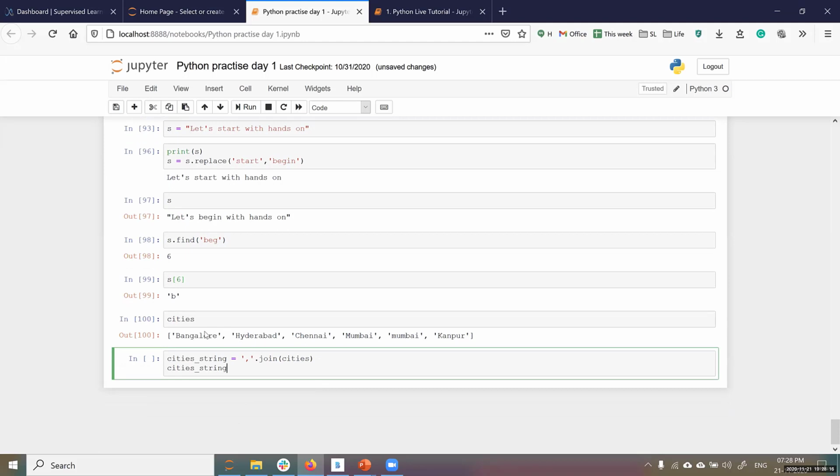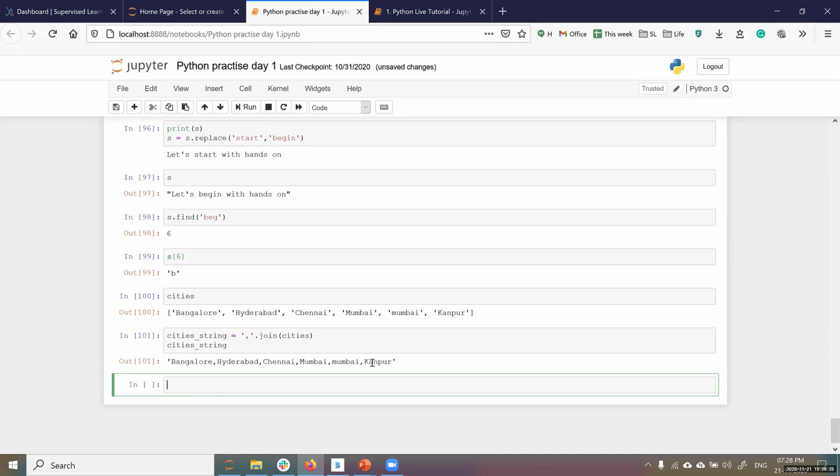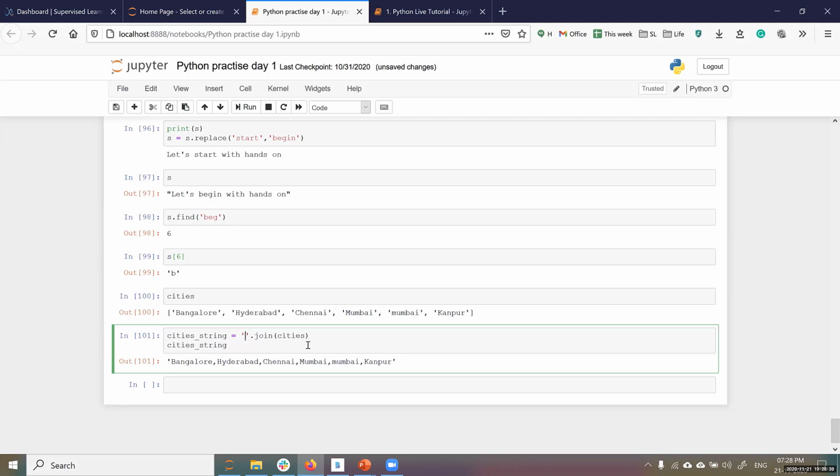What am I doing here? I'm taking each element and putting a comma and joining each of them into a string. Earlier it was a list. I can go on merging all of them into a comma separated string. You can also do a space separated. So whatever you keep in the parenthesis will be the separator for each item in the string. Try this out with your own example. Replace, find, and join. All the three operations, try it out.